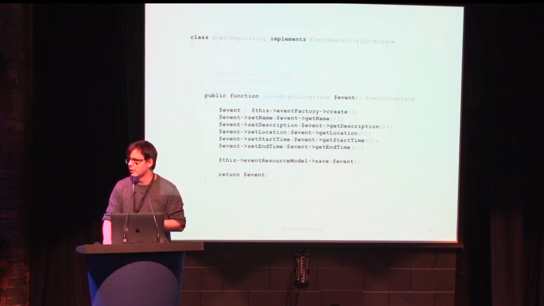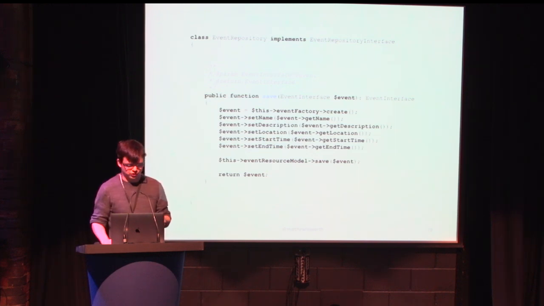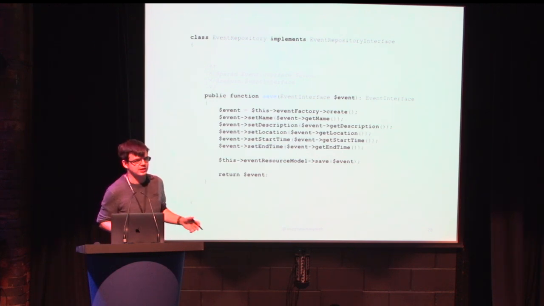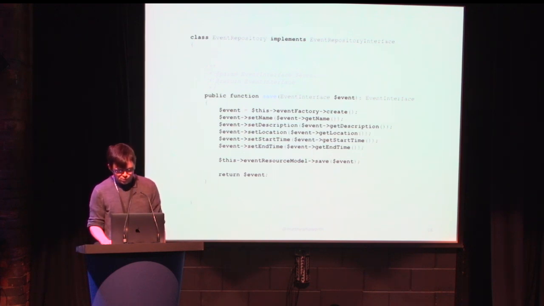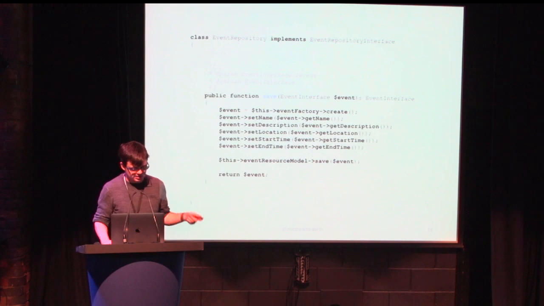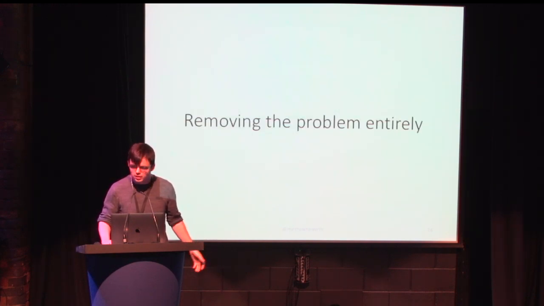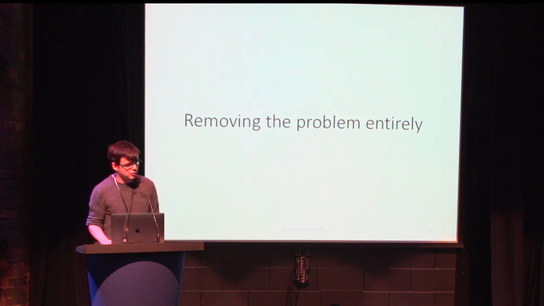But this is what I'm talking about when I have a rant about Magento 2's current structure. It leaves me with this problem. It leaves me with this half we've gone to M2, but half we're still in M1 mode. So I dug deeper and I spoke to some people, namely Anton Kril and Vinai Kopp, and I wanted to understand how we got to this place and if we're going to get rid of this problem eventually, and thankfully we are. So how are we going to remove this problem entirely?